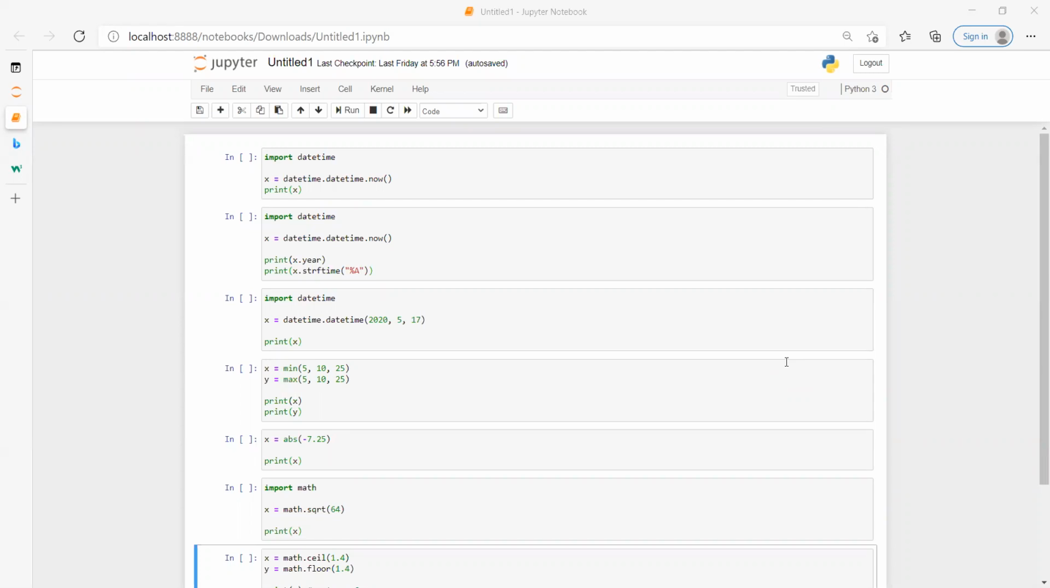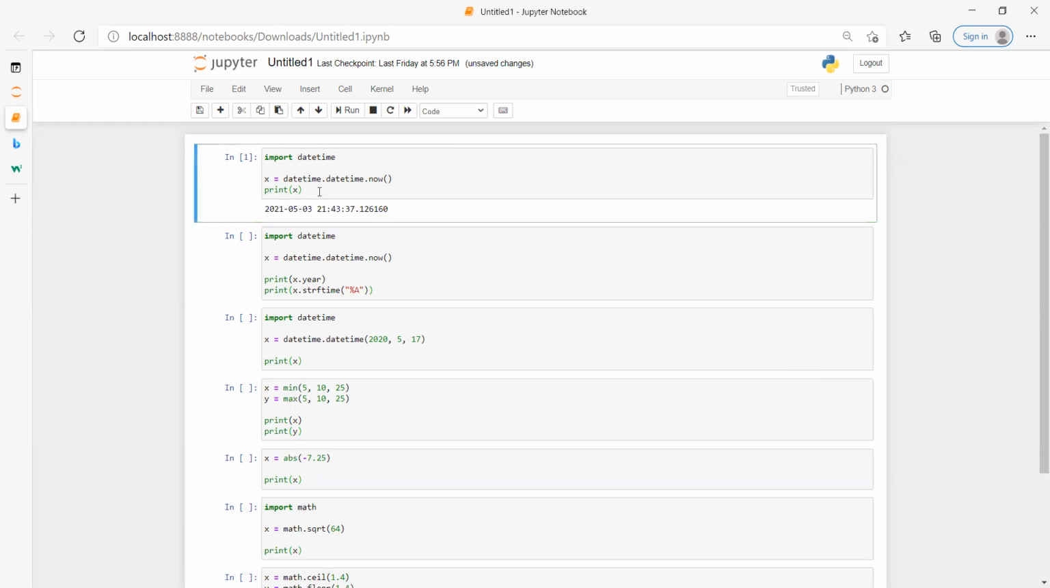So the first one here is datetime. The importance of datetime is if you want to know the current date and time, like 3rd May 2021, now it's 9:43 IST. Normally we get the datetime including the microseconds also. So if you want to know just the year, or just the time from the datetime format,